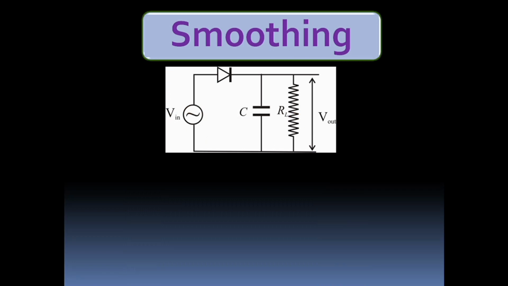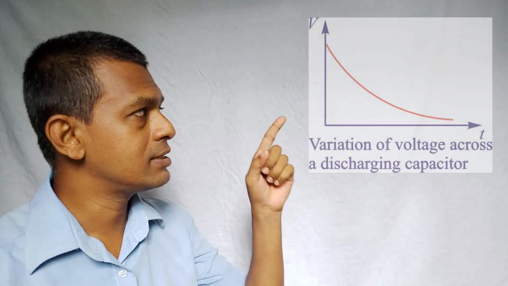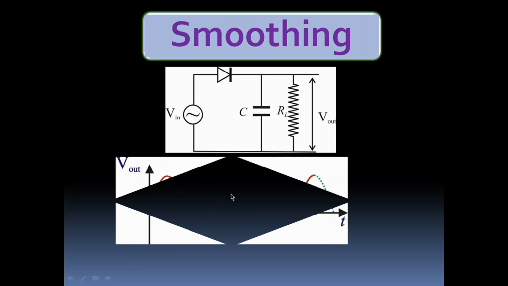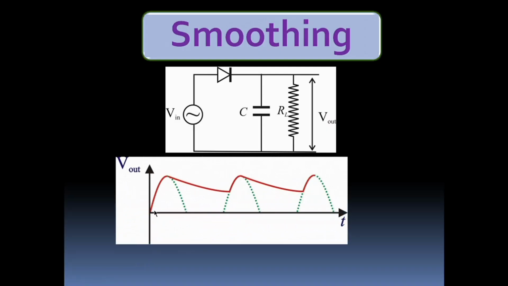During half wave rectification, the voltage across RL is 0 during the second half cycle, or negative half cycle. When we connect a capacitor like this, parallel to the RL, we have studied the variation of voltage of a capacitor with time in the electric field. Now you can remember it is a graph like this. Now the capacitor does something like this.